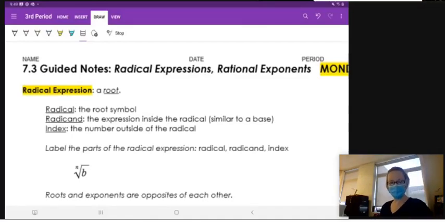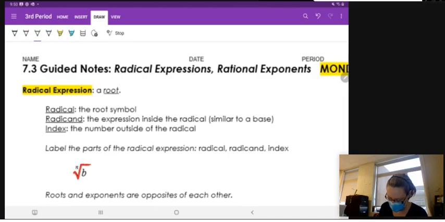All right, so 7.3 guided notes is all about radicals. Radicals are just roots, and I know you've all heard of roots. So let's talk about what the pieces of a radical expression or a root expression are. Down here toward the bottom of the screen, I've written out a radical or a root